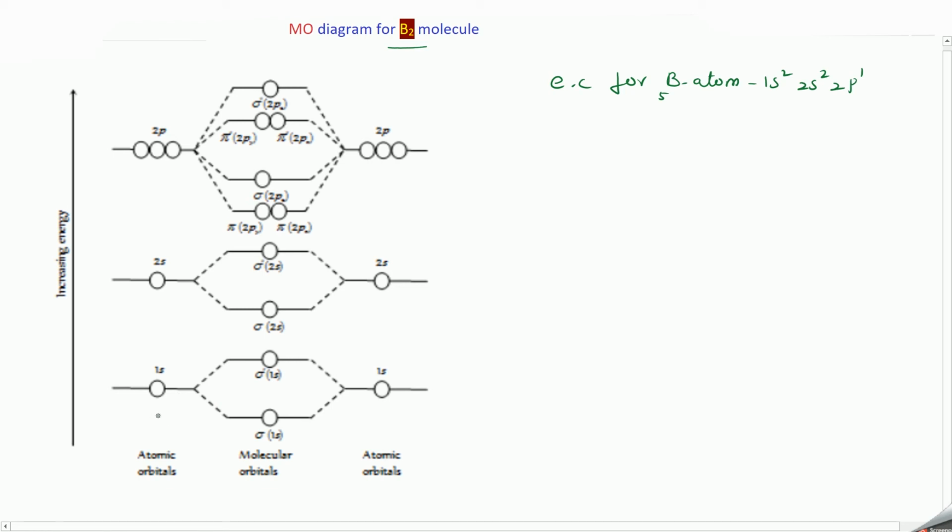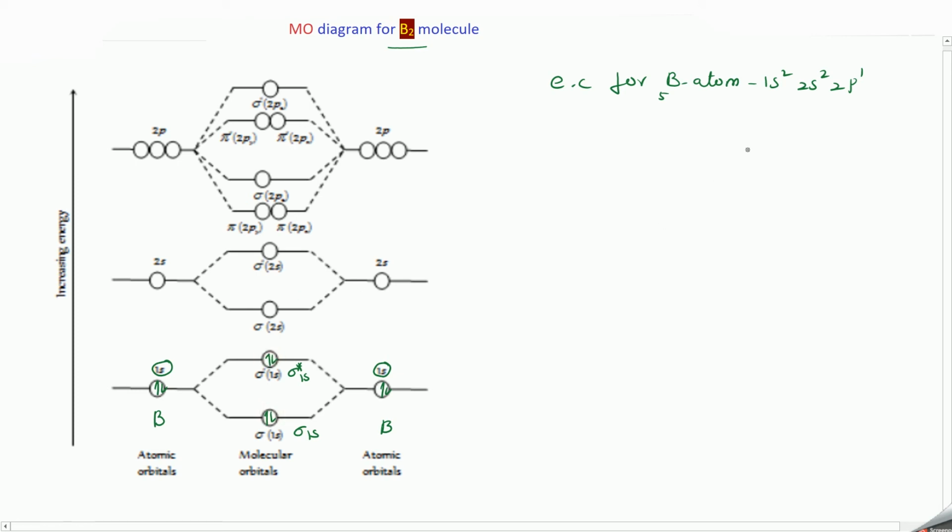First you take one boron atom whose 1s orbital has 2 electrons, and another boron atom with 1s orbital with 2 electrons. Now these two will combine to form 2 molecular orbitals. One is sigma 1s and sigma star 1s. And here you have totally 4 electrons. 2 electrons will go to the lower energy level and the remaining 2 electrons will go over here.